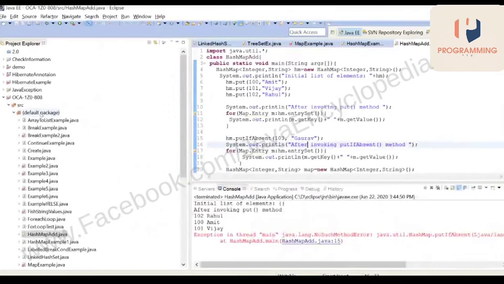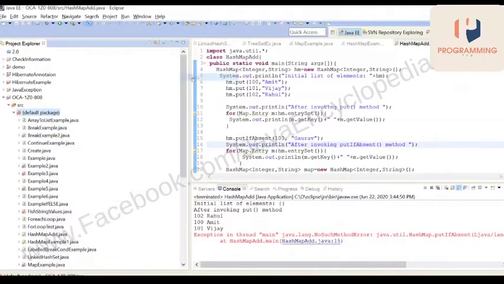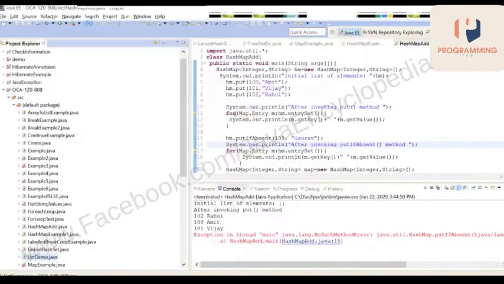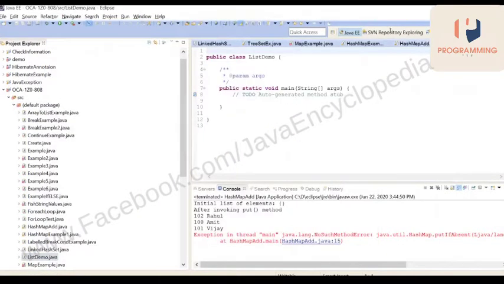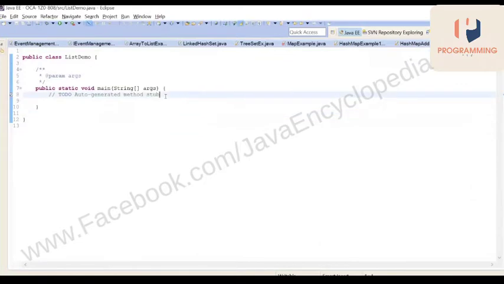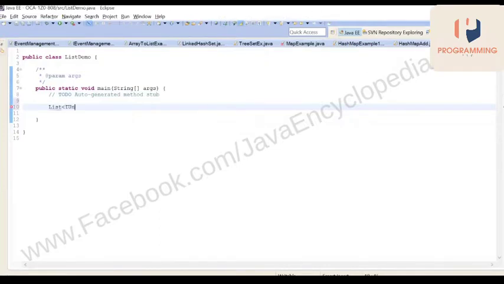Already we have done some examples. So we'll go with integers.